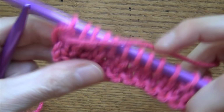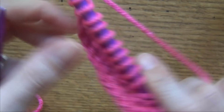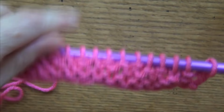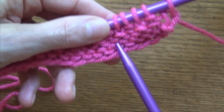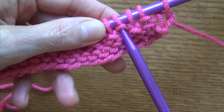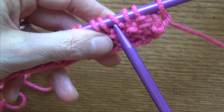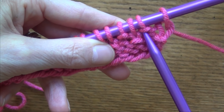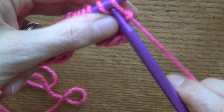You've got to be sure that you're doing, okay, let me turn it around. I've got a knit on my knitted stitch, and I can see that there's my knitted stitch. The purl stitch, you're going to have a little loop right on top of the stitch. You can see there I don't. That's my knitted stitch, that's my purl. So I've got to start with a knit. So I'm going to knit one,